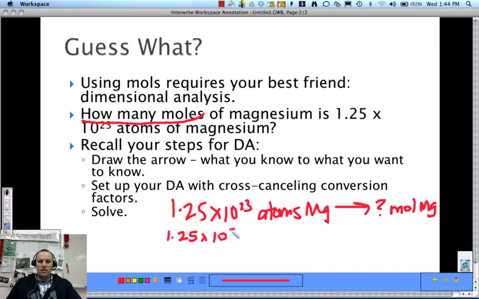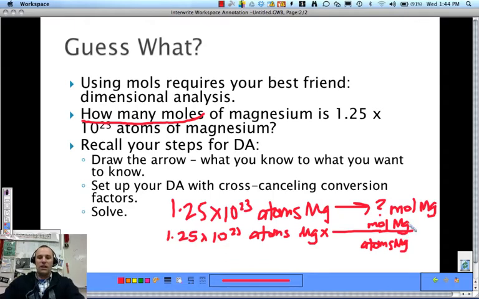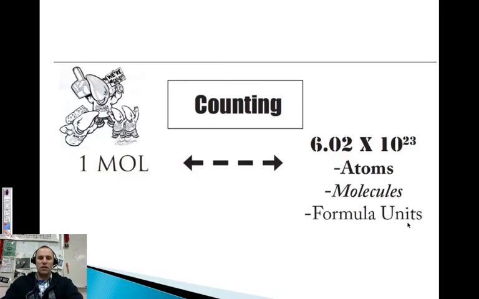1.25 times 10 to the 23rd atoms of magnesium times, and then a line. What are we trying to cancel out? Atoms of magnesium. So I put atoms down below. What am I trying to get to? Moles of magnesium. Okay, so looking back at your table, or at your little helper, how do you go from